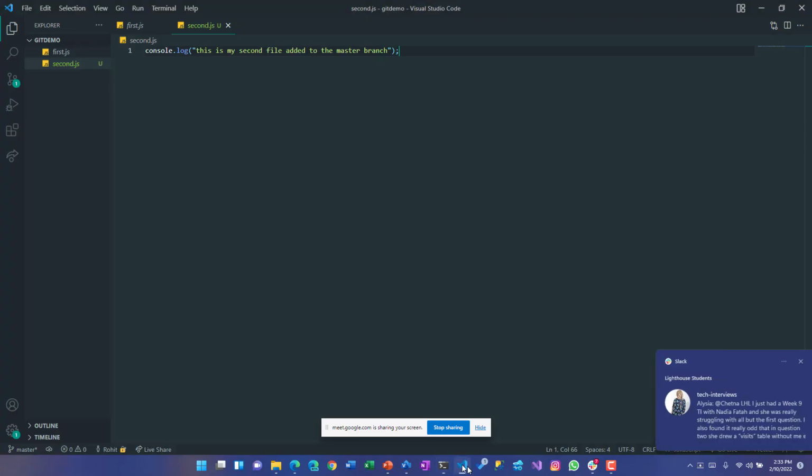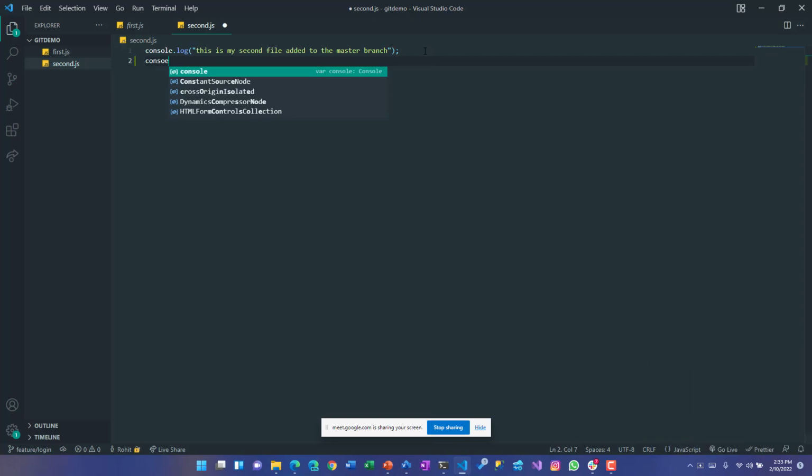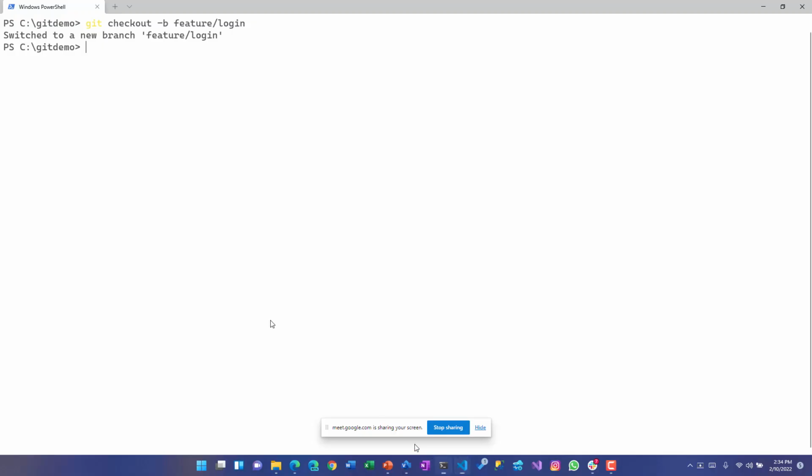Okay, we'll go back. And now what we'll do is add, let's say, one thing over here. This is purely in the feature login branch only, right? I'll save it and then I'll go back.